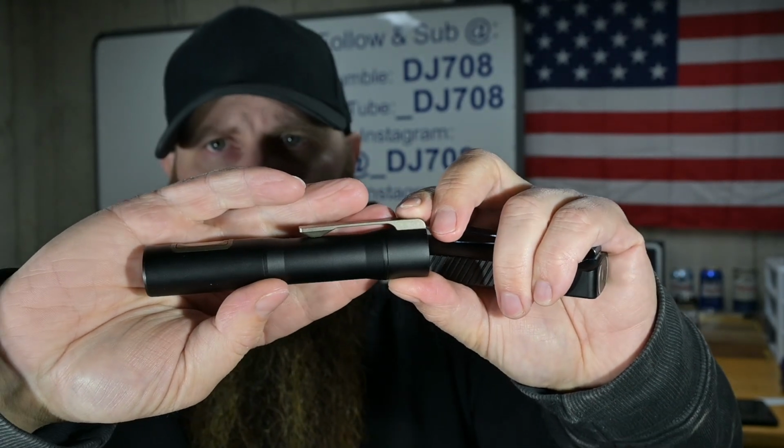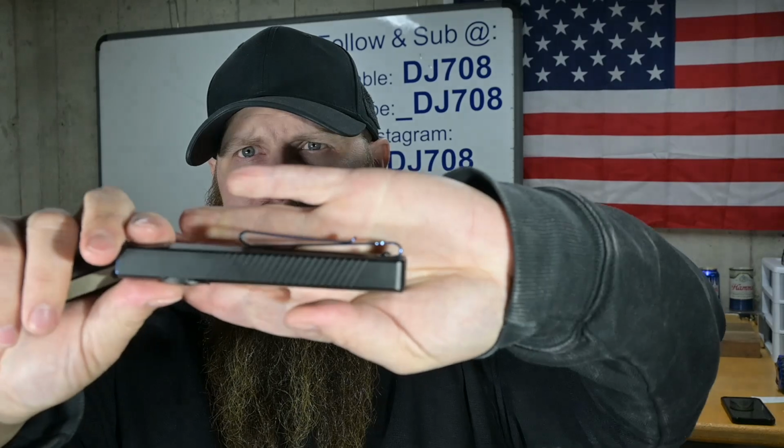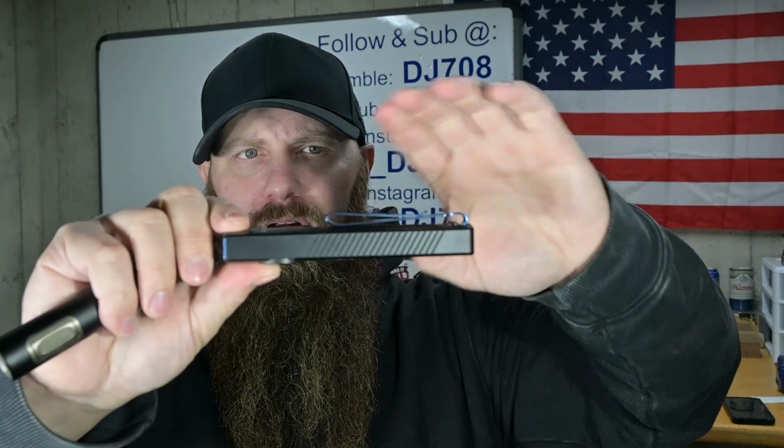It's a great clip. Carries real nice in the pocket. And here is the Olight one, some of you guys are familiar with. It's like that little S shape or whatever. Nice deep carry. But something I can't do with this that I can do with this,